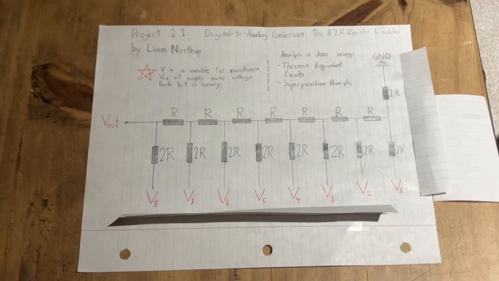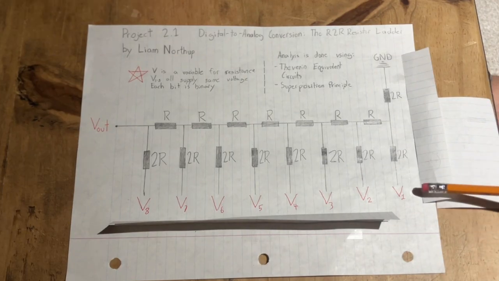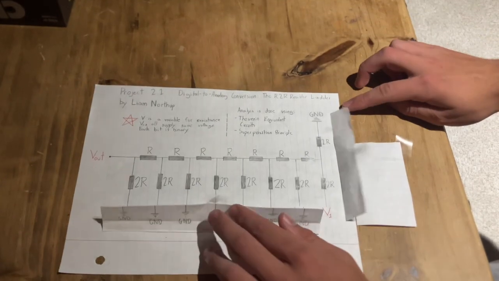To analyze this circuit, we must use Thevenin equivalent circuits and superposition. Superposition states that in any linear circuit with multiple independent sources of voltage, the total voltage is equal to the sum of the responses caused by each independent source acting alone. So if we want to figure out how much V1 is contributing, we simply set all other voltage sources to